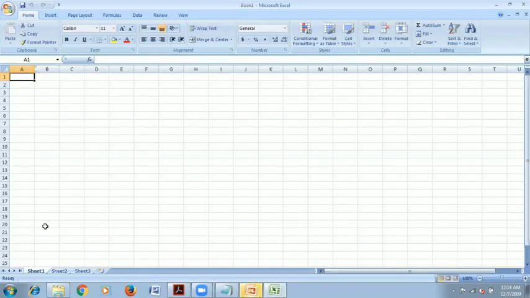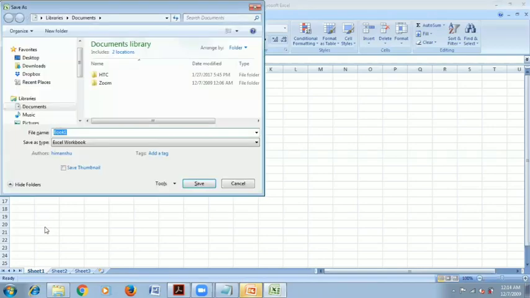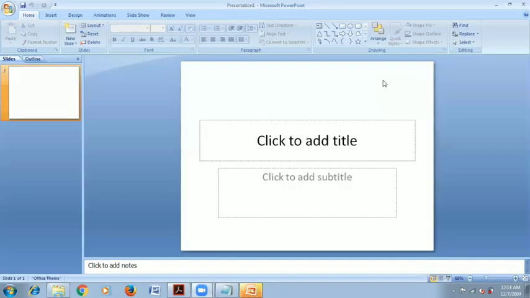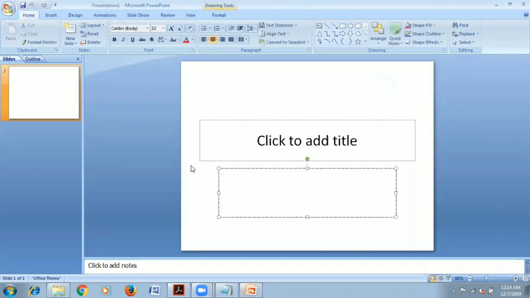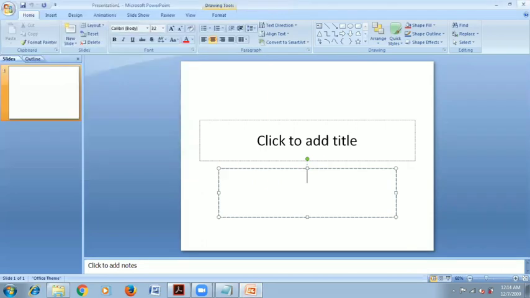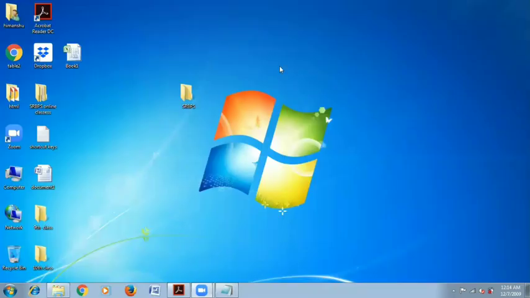Okay, now I wanted to save this file. I wanted to save this file with the given name on the desktop. So I have saved this file over there. I wanted to save this file as well. Okay, so you can directly save the file by pressing Control S. Fine. So I have saved this file as well. Everything is saved on the desktop. Oh, sorry. I have saved those files somewhere else.